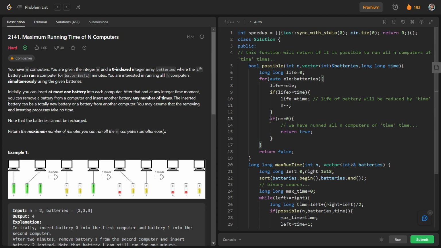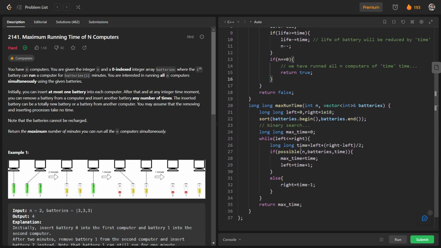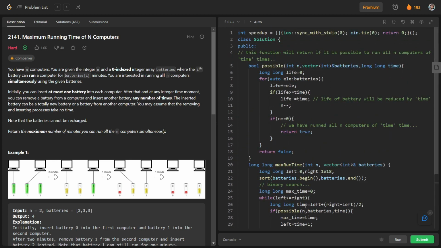If at any particular instance n is equal to 0, we will just return true, otherwise we will return false. And here also we have used this function possible, and if it is possible to run all computers, then we will store maximum time is equal to time, and we will check for greater times, otherwise we will check for smaller times, and then return maximum time. So in this way we have solved this question.